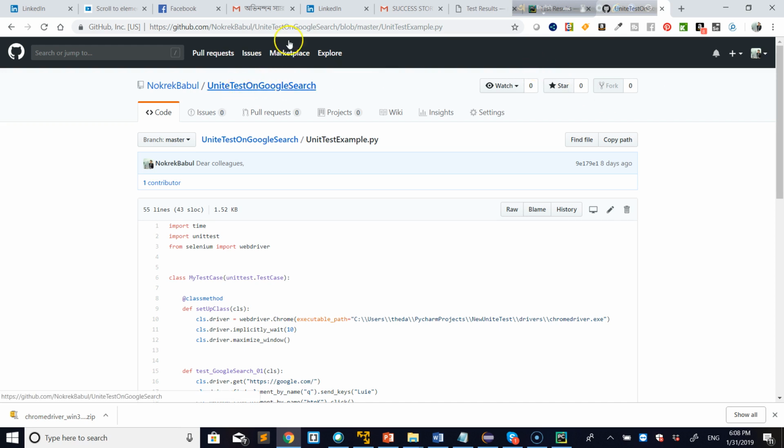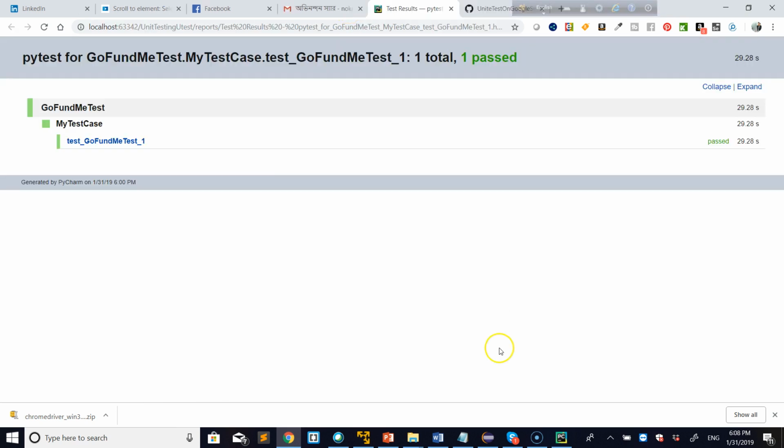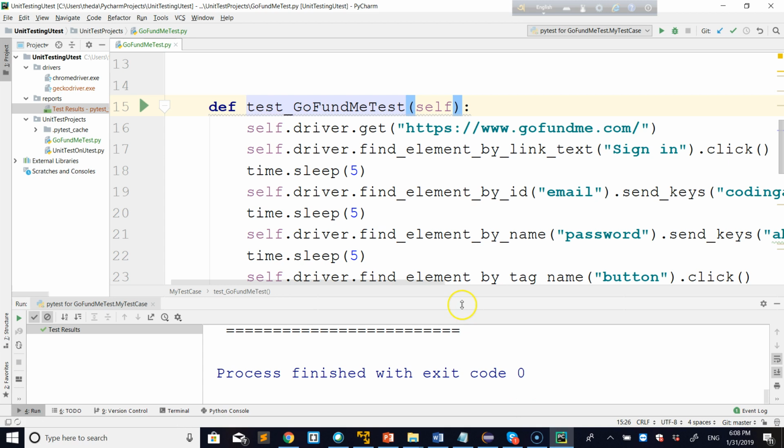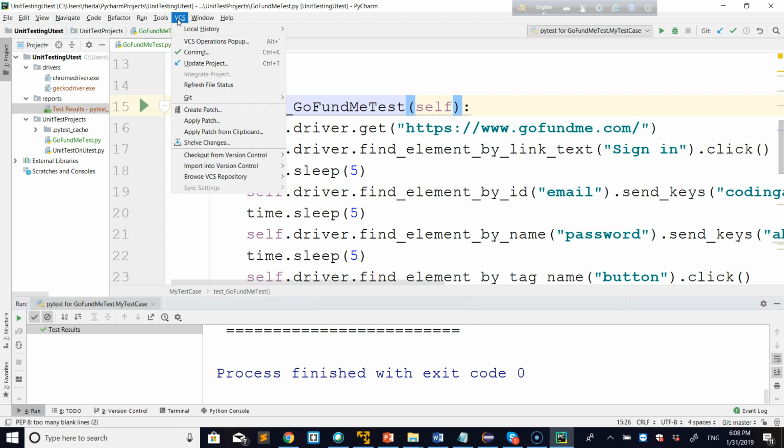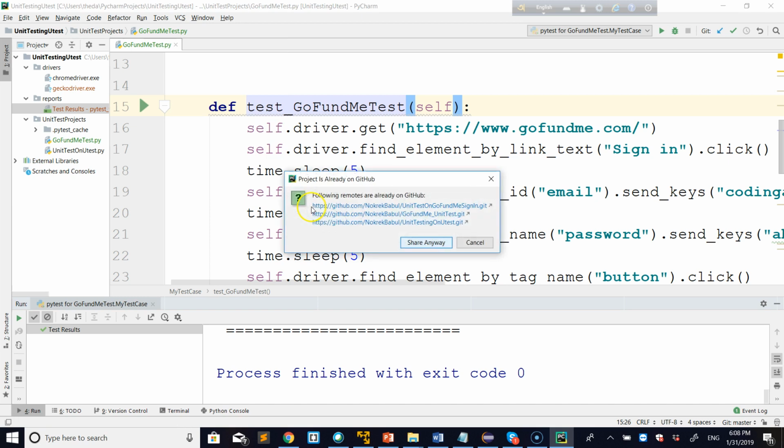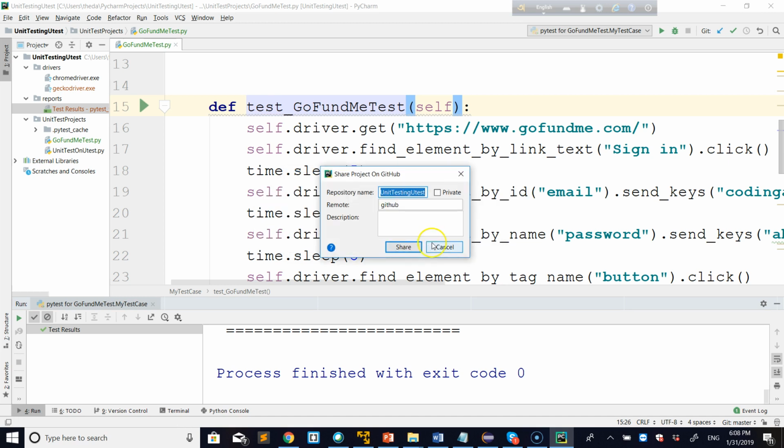Now, again, I want to push, say for example, into a different GitHub. If you have two or three different accounts, I don't want to share it actually. So it will say there is already one. So what I can do,